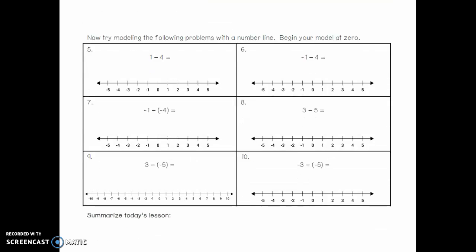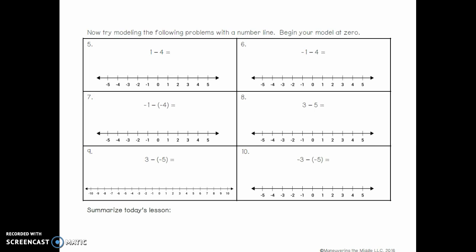Now we're going to try a few more with the same numbers, but if you notice, this time I'm subtracting. Subtraction is kind of like finding the distance. It's like saying, what's the distance between 1 and 4? So I'm going to start at 0, sorry. We're going to go to 1. But this time it says take away 4. So I'm going to start here and I'm going to move to the left. 1, 2, 3, 4. What's the distance between those two numbers? It's 3, but because I'm moving left, it's asking us for direction too, and we have a